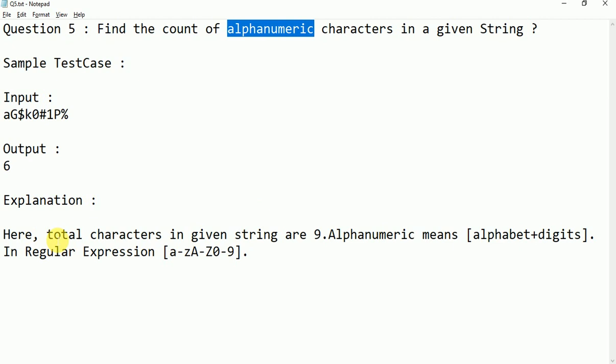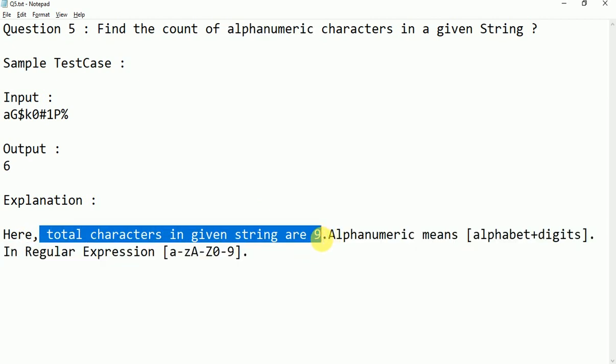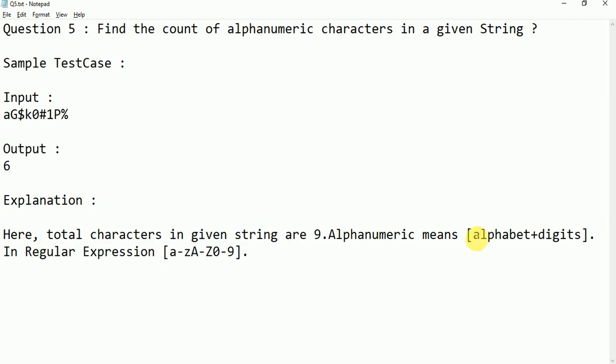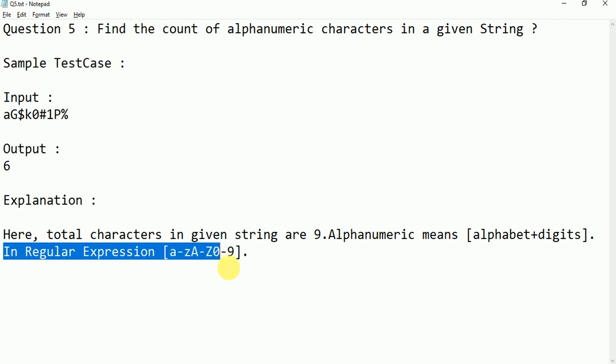If you see the explanation here, total characters in the given string are 9. Alphanumeric means alphabets plus digits. Alphabets may be uppercase or lowercase. Digits means from 0 to 9. In the regular expression they mention small a to z, capital A to Z, and 0 to 9.